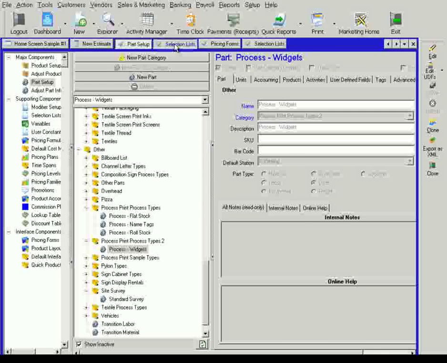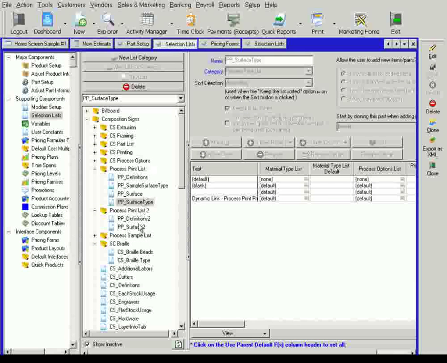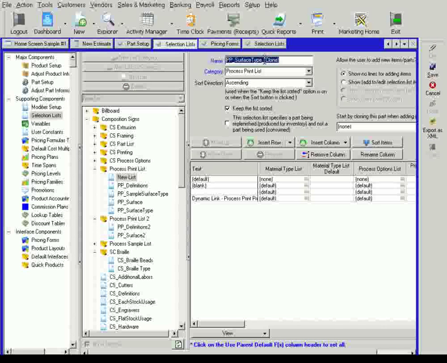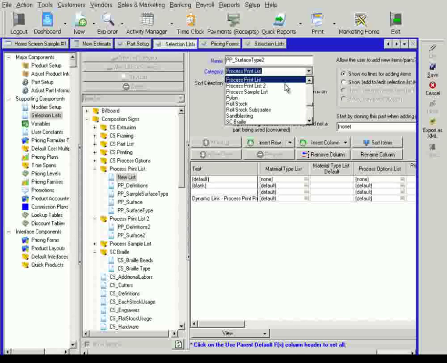Let's go back to our selection list. We've moved over the definitions and the surface, but we haven't changed over the surface types yet, which was our dynamic list, pulling in the parts we had just set up. So I'm going to clone this, call it surface type 2, change it to our new category,